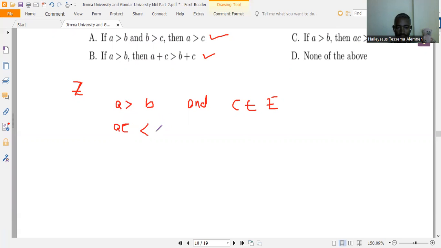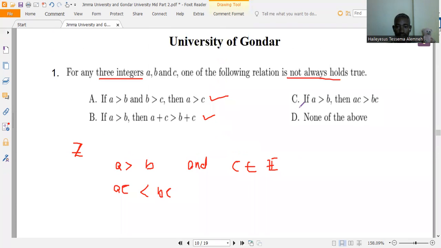So ac is less than bc. Have you seen? It will be true if c is a positive integer. C positive integer ሲሆን ነው እንጂ ኔጌቲቭ ኢንቲጀር ከሆነ ሳይኑ ይቀየራል ማለት። ስለዚህ ፎልስ ሲሆነው ይሄኛው ነው ማለት ኦልዌይስ ሆልድ ማያደርገው ይሄኛው ነው ማለት ነው።